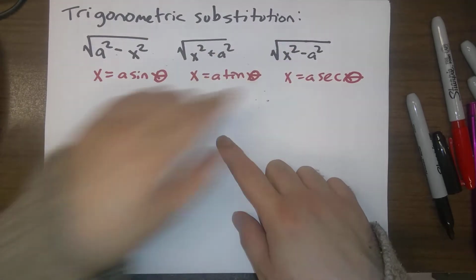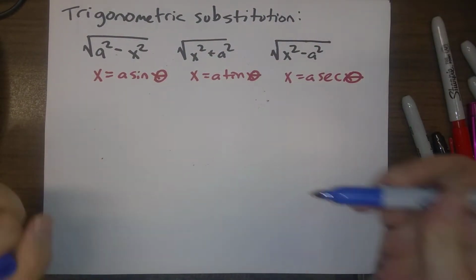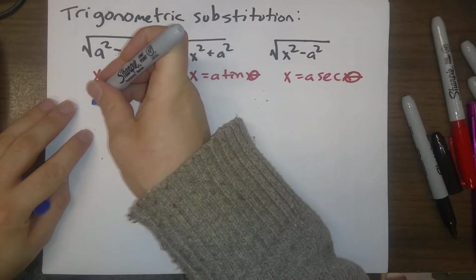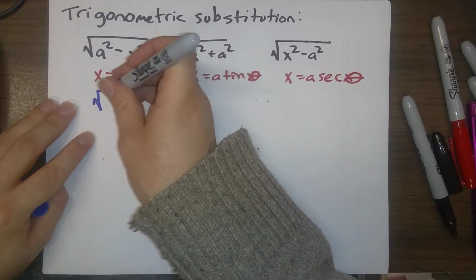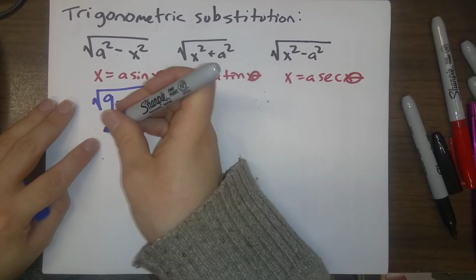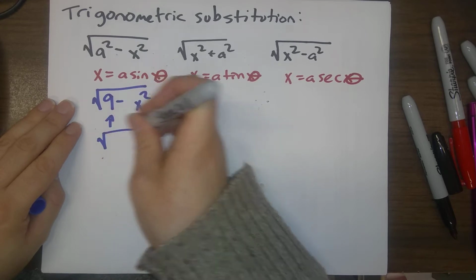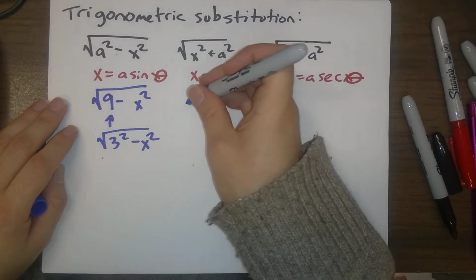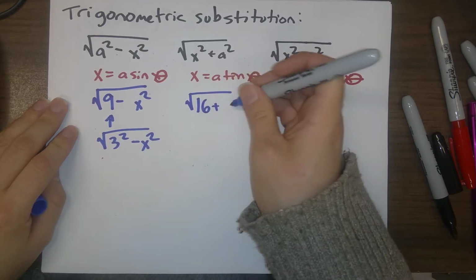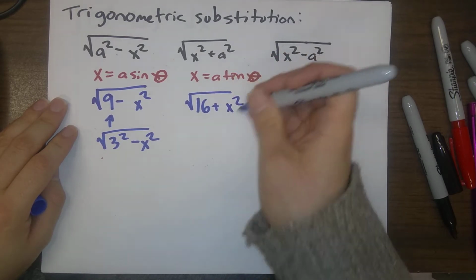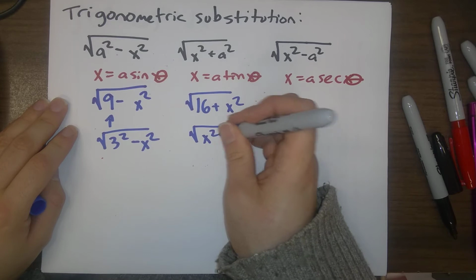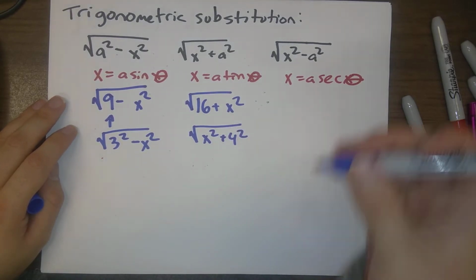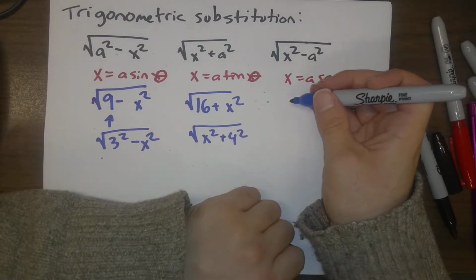Remember, a in each of these, we're thinking of some particular constant. So maybe this would be 9 minus x squared. In that case, this is 3 squared minus x squared. Or this might be 16 plus x squared. So that would be x squared plus 4 squared. Sometimes you might have to do a little bit of